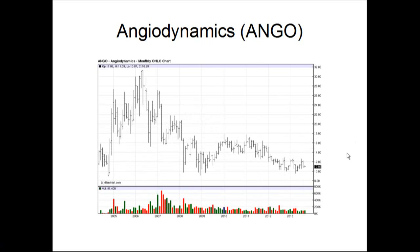Ticker symbol ANGO, again huge. If you look at my mouse, huge downtrend broken roughly here, and then with this downtrend broken here as well, and then you've got the bottom action here, one bottom at 10, then a multi-year gap, another one here and another one here, so a triple bottom at 10, and it looks to be holding. And also you've got the curve action as well. So I would suspect that this market in a couple of years would be around the $18 to $20 level,